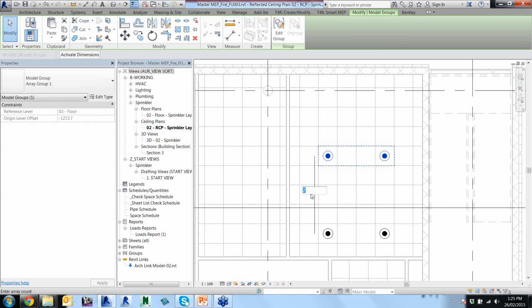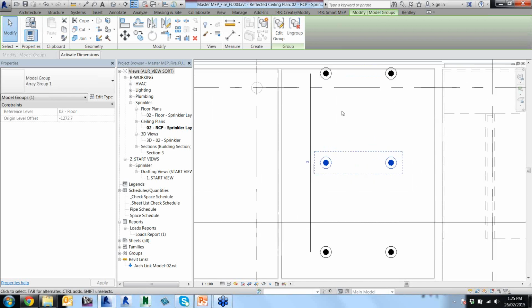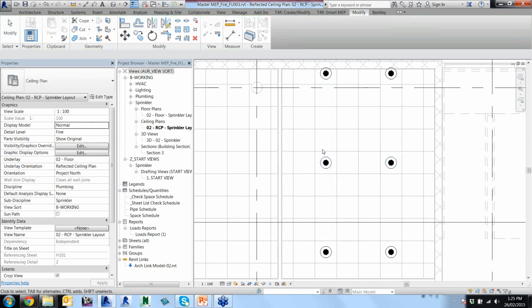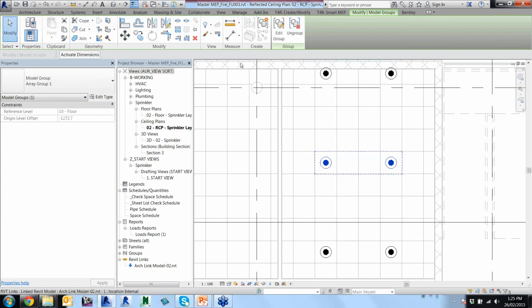Okay, so at the moment I've got 2. Let's say I want to change that to 3, so I can click in there and type 3, hit enter, and it'll array for me another row of sprinklers. Okay, so I've purposely put this so that it's clashing on the wall here, because I want to show you that with this array tool you can quickly bring this back in and keep the spacings, which can be quite useful. So what I can actually do is, because these are all still grouped in this array,